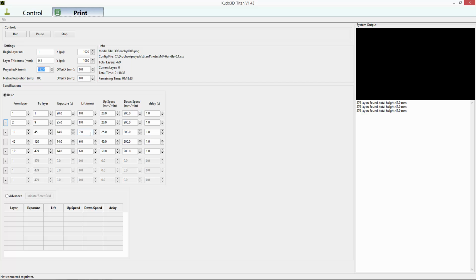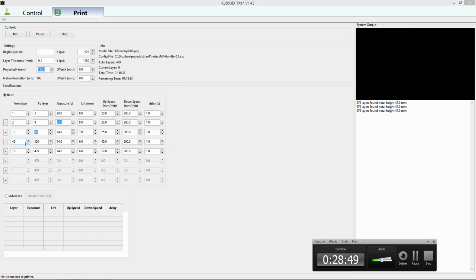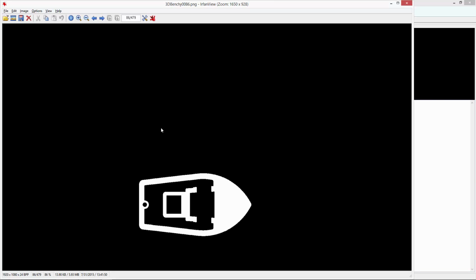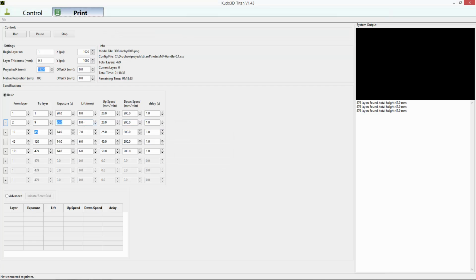And I'm going to want to make sure that I lift enough up to that layer. And so I'm probably going to change a couple of these things here. My attachment layer here is 90, and that's fine. And then my base wall layers I'm going to keep at 25.8, and that'll be fine. And then I'm using 14 seconds of exposure for the rest of the areas, and then I'm gradually lifting less and increasing the speed in order to go faster. But I know that I don't hit a nice open area here until I hit layer 86. So I'm going to, from here, go up to layer 86